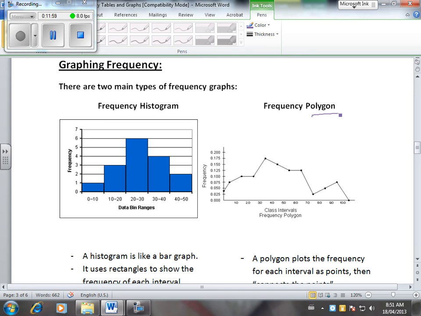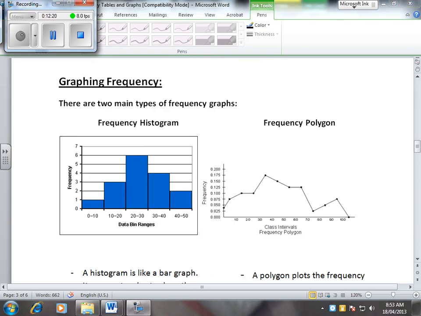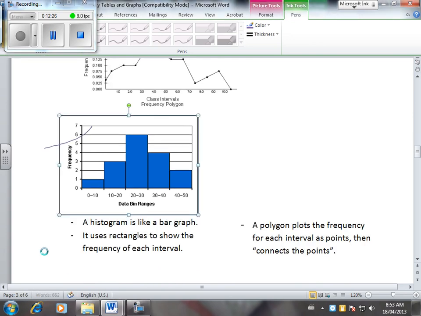So we have 2 main types of frequency graphs. You have a frequency histogram, okay, and a frequency polygon. So in your frequency histogram, here you'll see down here, these are your intervals. Just 1 second. Okay, sorry about that. So what I was saying is each bar on this histogram,